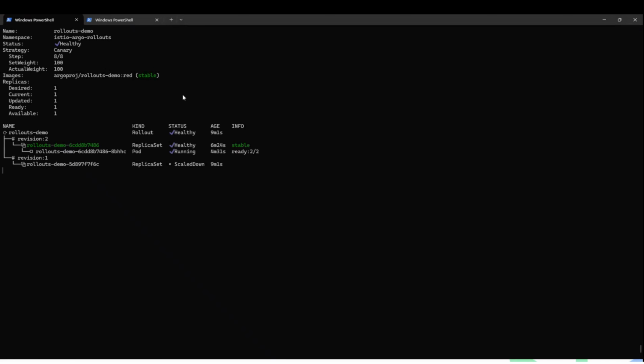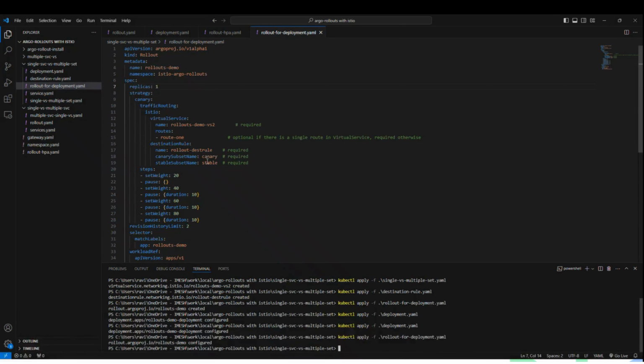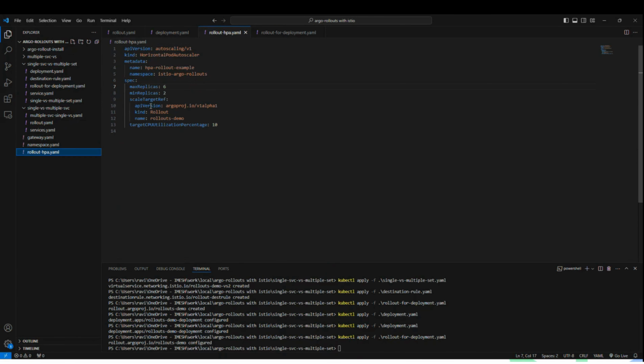So HPA we have configured with a minimum of 2. As soon as this gets applied, that 1 should become 2. And for the target percentage, if the traffic is increasing more than 10%, then it should go up to 6. We will be load testing a bit. We'll try to increase the load and we'll see how it is increasing. So let's apply kubectl